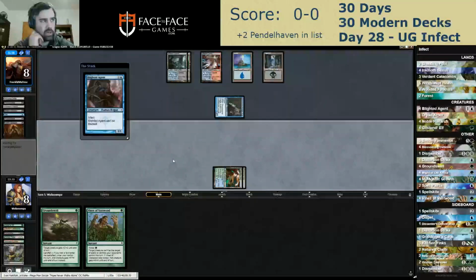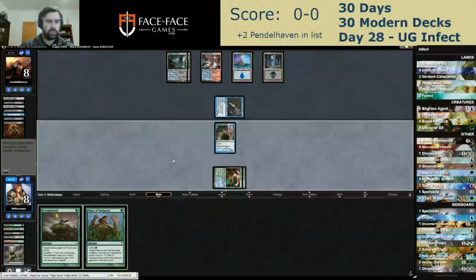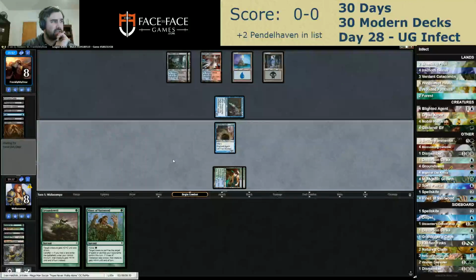But the problem is my opponent plays discard, so it's kind of awkward. If they top deck Inquisition or something and take Aegis, I'm dead. Totally dead. Maybe I should play around, not around the cards they're going to top deck, though, but...